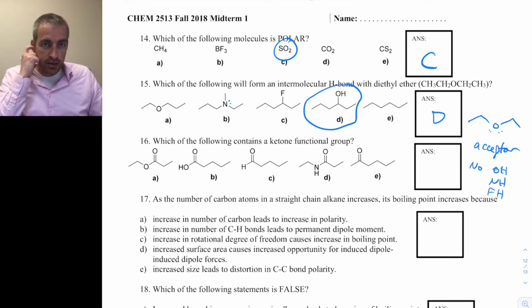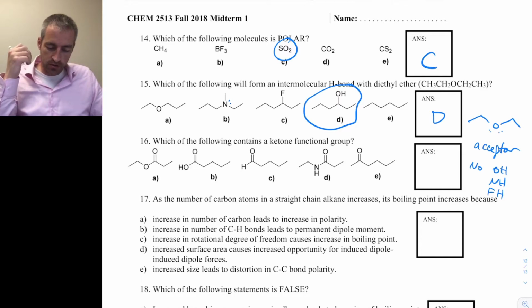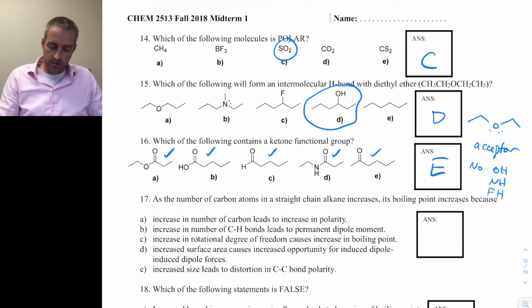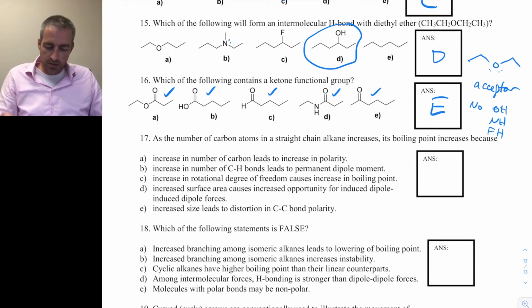Which of the following contains a ketone functional group? This one's an ester, B is a carboxylic acid, C is an aldehyde, D is an amide, E is the correct answer. As the number of carbons in a straight chain alkane increases, its boiling point increases because it does